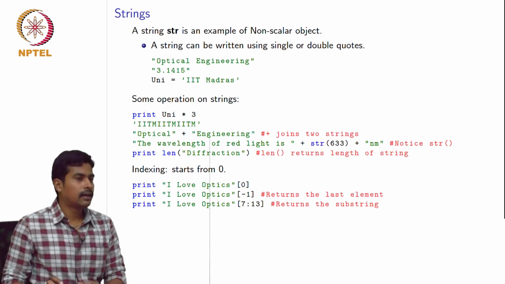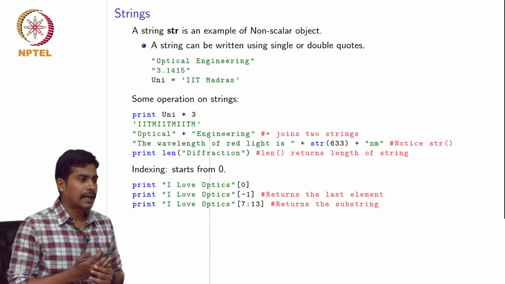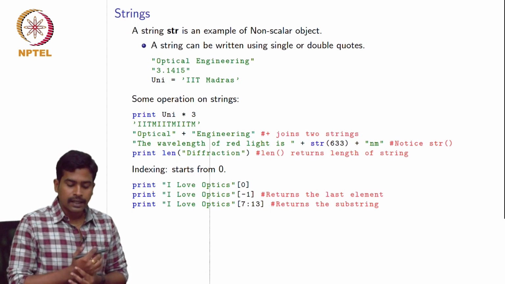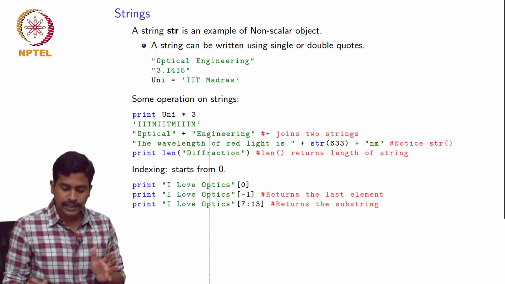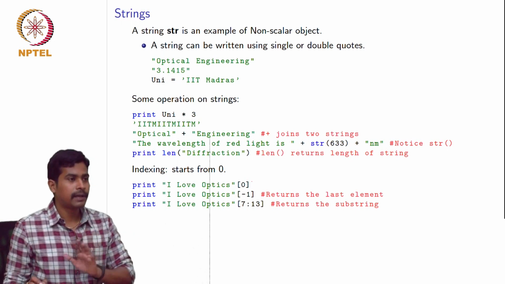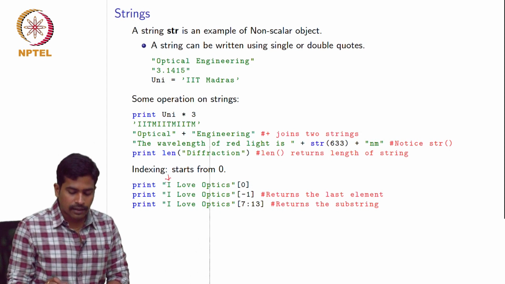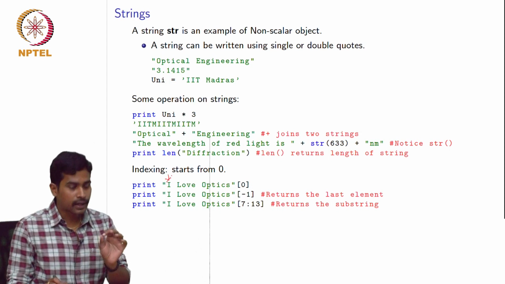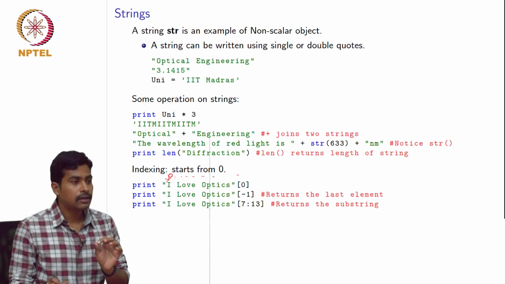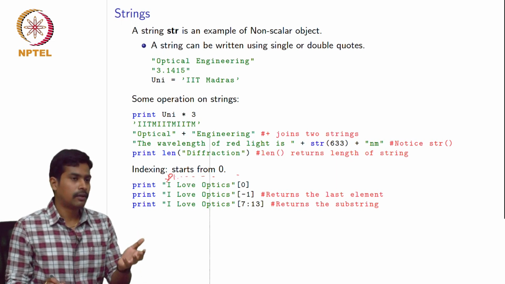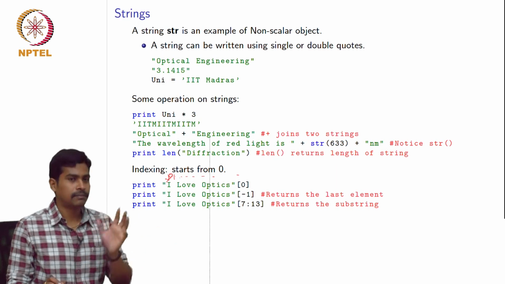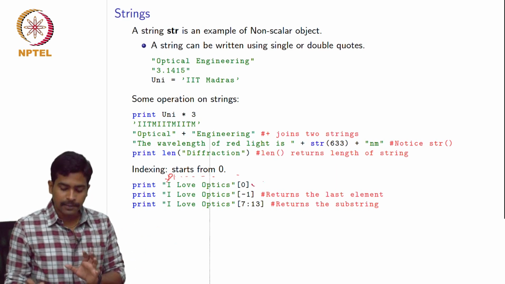And most people may be working with MATLAB. So I want to emphasize here the key difference between Python and MATLAB: in Python, the indexing starts from 0. What I mean by indexing is the counting, how we count the members of a string. The counting starts from 0. If you know MATLAB before, the difference is that in MATLAB the counting starts from 1. Okay. So if you are switching from MATLAB to Python, be careful to remember this point.